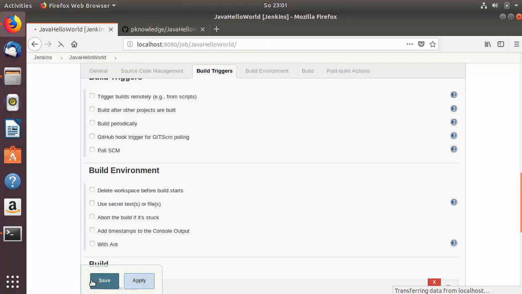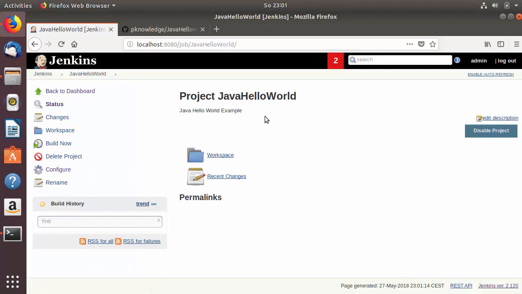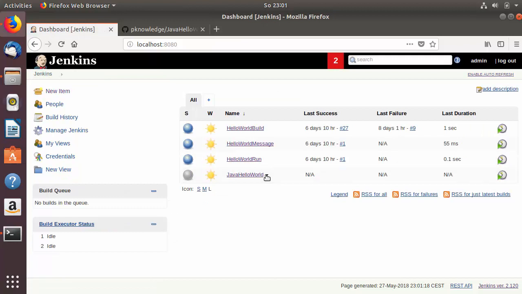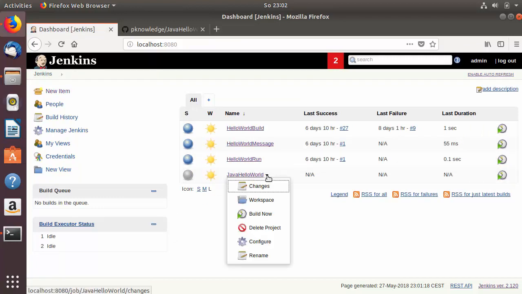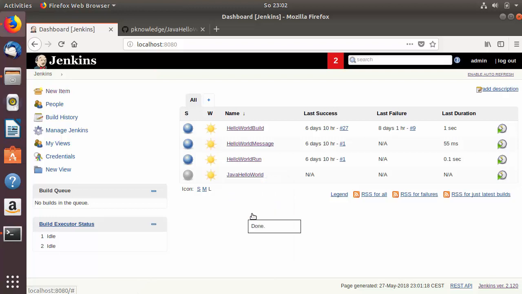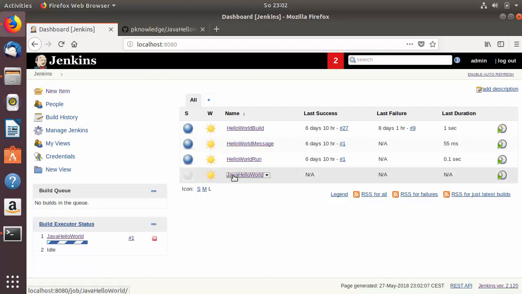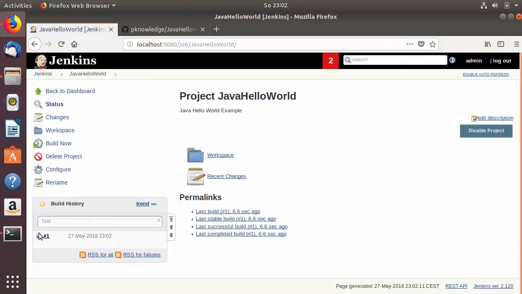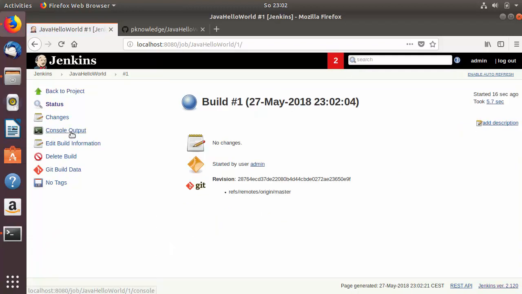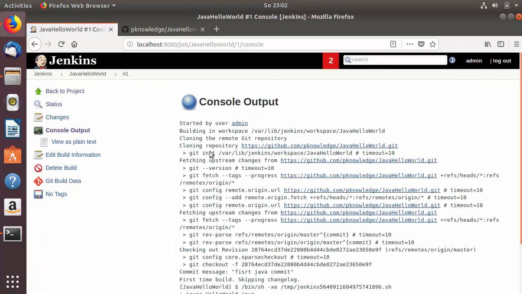And once your job is created, let's go to the home page, and in here let's build this job. So I'm going to just click on this arrow button, and I'm going to just say build now. And now the build of this job will start. We are going to just go inside this Java Hello World, and you can see here our build is successful. So I'm going to go inside this build, and I'm going to go to the console output,